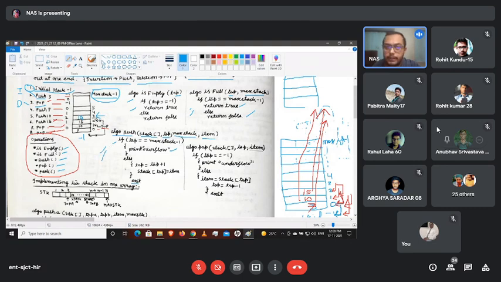Okay, so that's why, whenever the stack is empty, the top is showing at the -1 position, or the white position. If the stack is totally empty, what will happen?